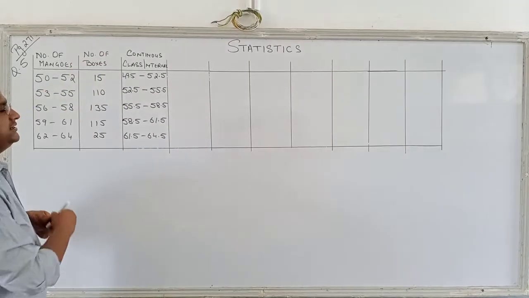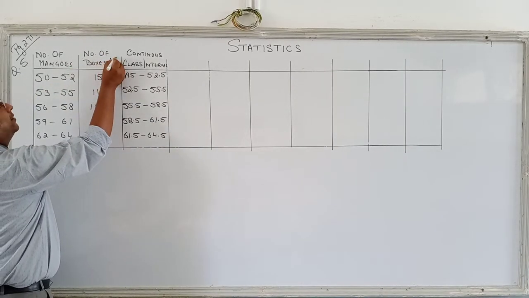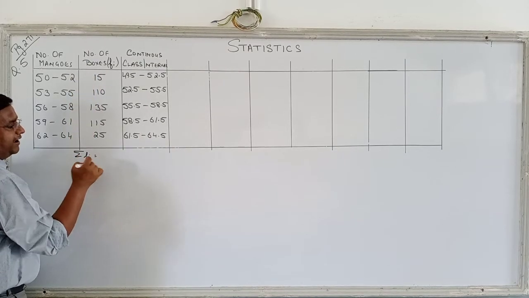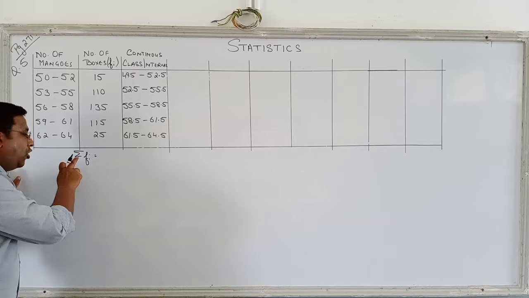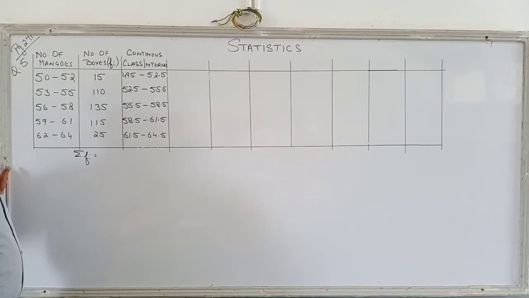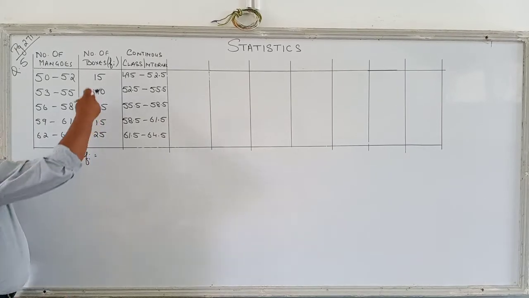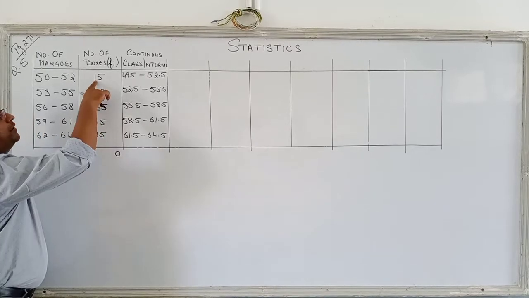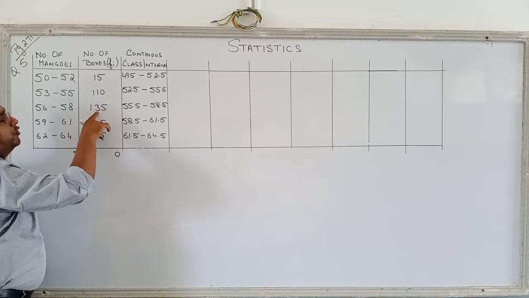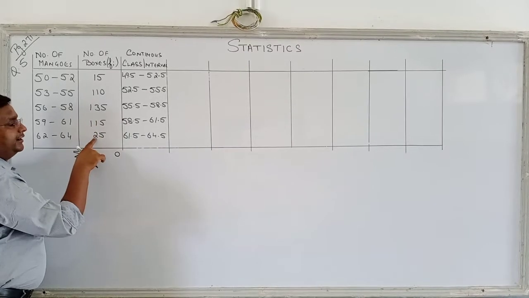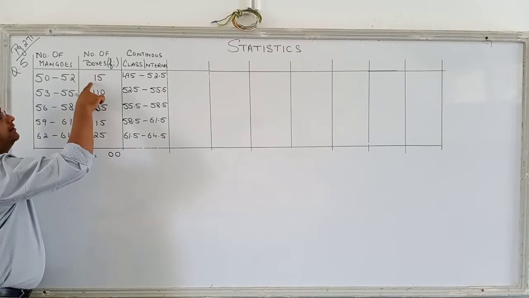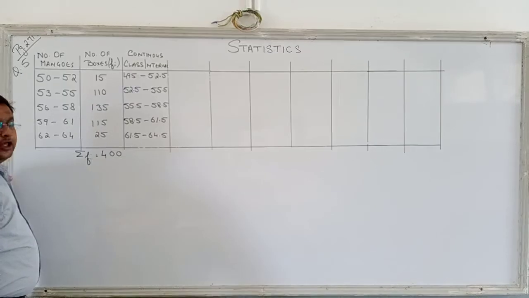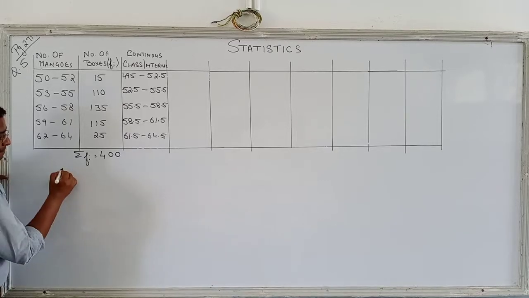And this is the frequency, that is the number of boxes according to the mangoes. If I find the total, sigma fi, we have used this sign previously also. We call it sigma, summation of, right? Add all of them: 5 plus 5 plus 5 plus 5, 20, 0 carry 2, 2 and 1 is 3 and 1 is 4, 4 and 3 is 7, 7 and 1 is 8 and 2 is 10, 0 carry 1, 2, 3, 4. Total 400 boxes are there. So we are writing, we are using the mean.